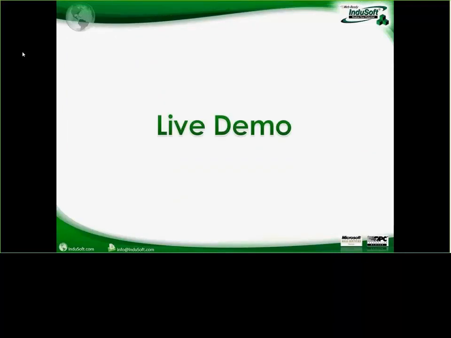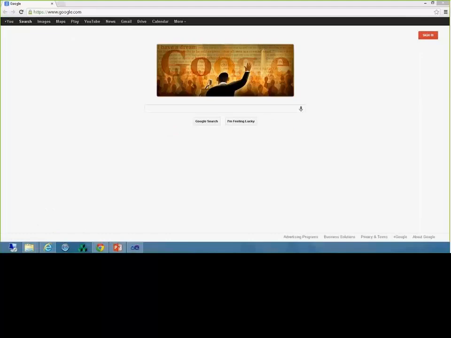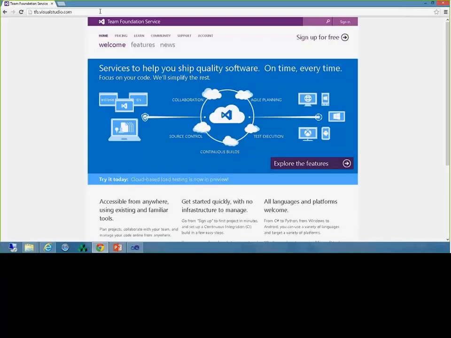Okay. So now we are ready to proceed with our live demo. If you can give me just 1 minute, I'm going to start here the browser and I'm going to show you how you can configure your Team Foundation server on the cloud. Okay, so I just started the web browser, and actually you can go to tfs.visualstudio.com. By going to tfs.visualstudio.com, you're going to get access to this website that I'm presenting to you now,